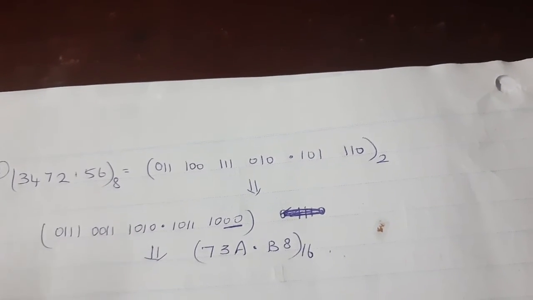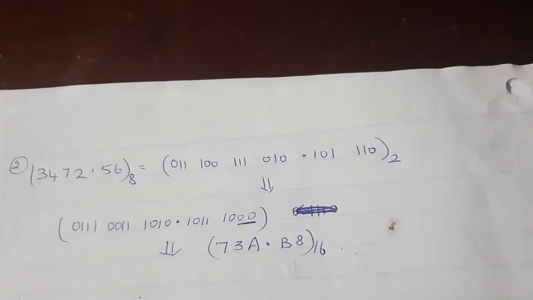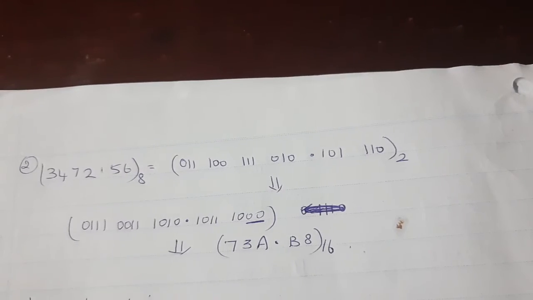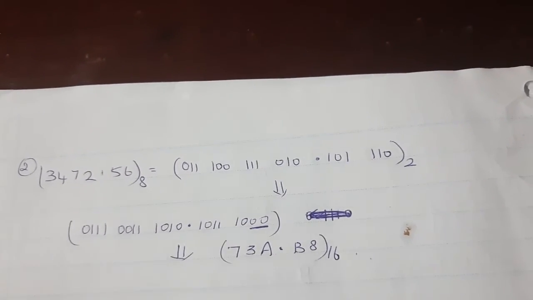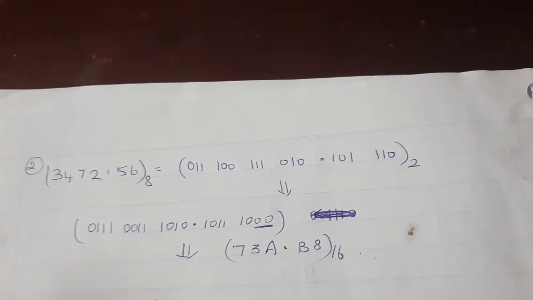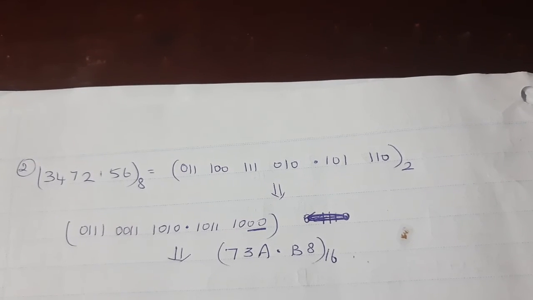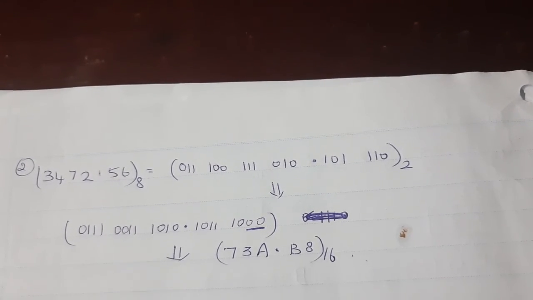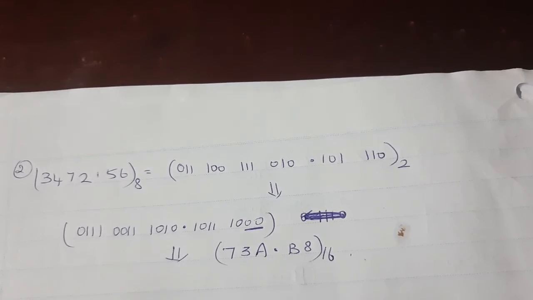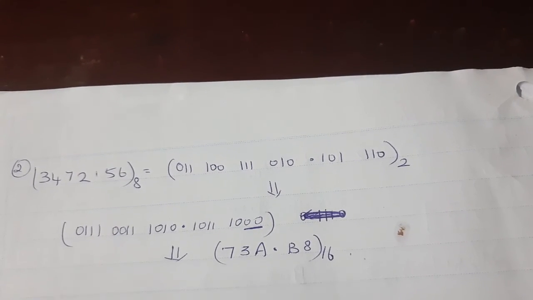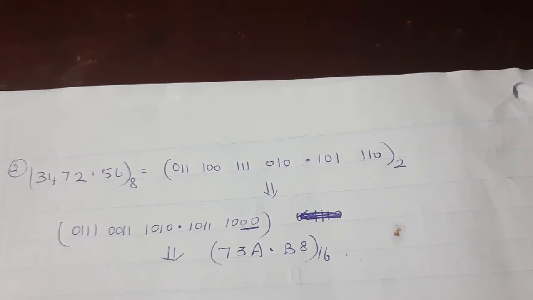So now you can do not only the conversion directly from decimal to binary, decimal to hexa, decimal to octal. You can also have intermediate conversions. Hexa to octal can be converted. Hexa to binary can be converted. Similarly, octal to binary can be converted. Octal to hexa also can be converted. So anyhow, you can play with the number system between decimal, binary, octal and hexadecimal. All these are reversible, all these are interchangeable. Thank you.